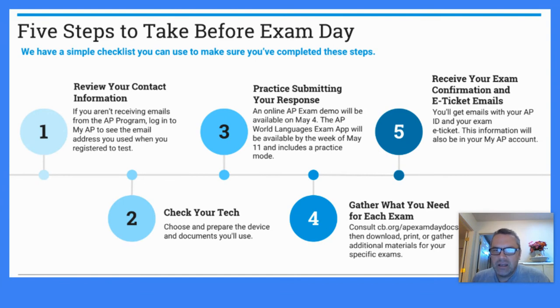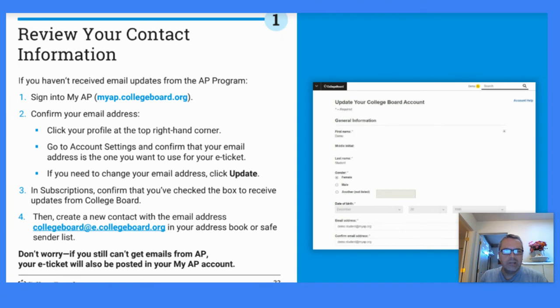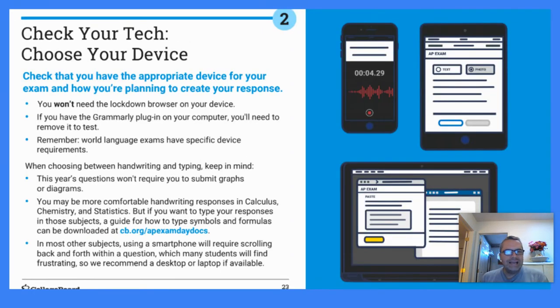And then you want to check that you'll get emails from your AP ID and your exam e-ticket. This information can also be obtained through your AP account. So make sure, go into My AP, make sure they have your email address, making sure that you're receiving it to your actual email address that you're getting, and it's not going into your spam folder or anything like that. Make sure your technology is working, making sure that it's charged, making sure that you have a good Wi-Fi connection,